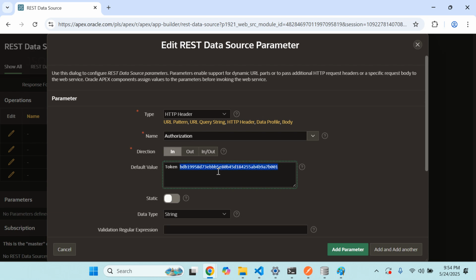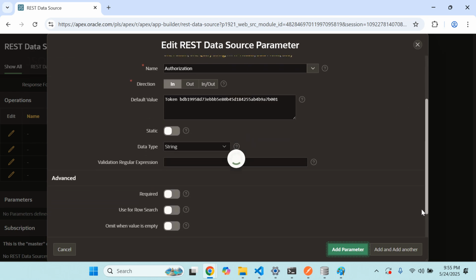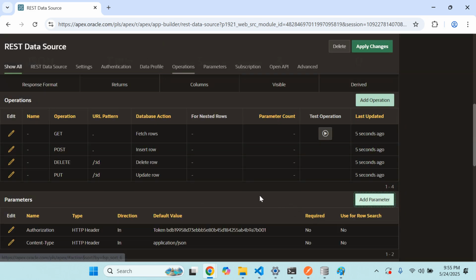We can put our own value here, for example, and we can pass this value on application startup, and we can take the value from a database or from another API. It is also possible. But now I am using this token just for showing you. Then add parameter, finish. Like this, two parameters. Now we need another parameter for the response,